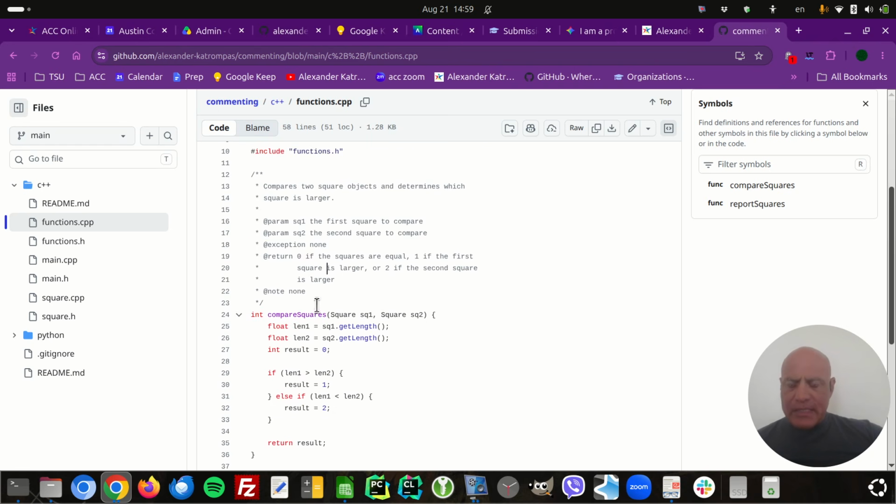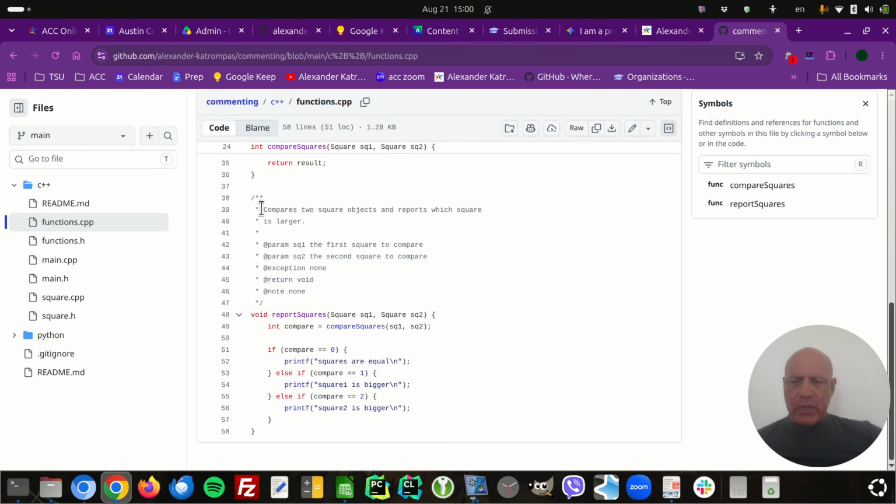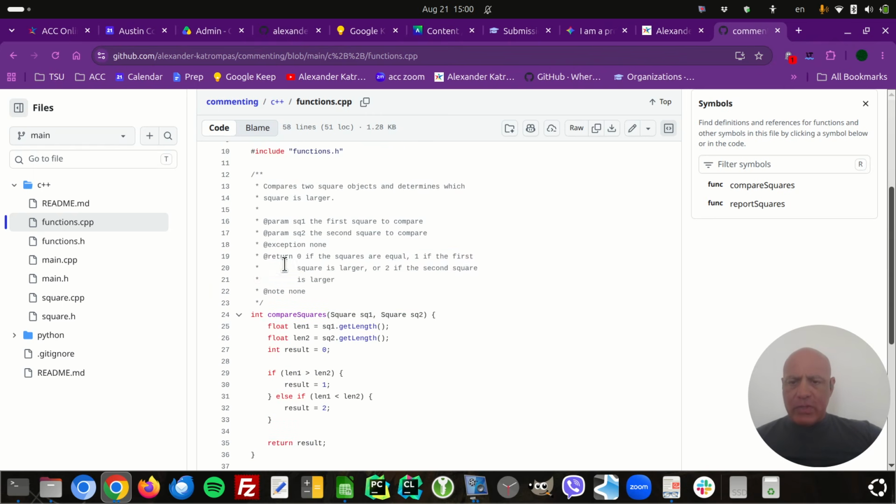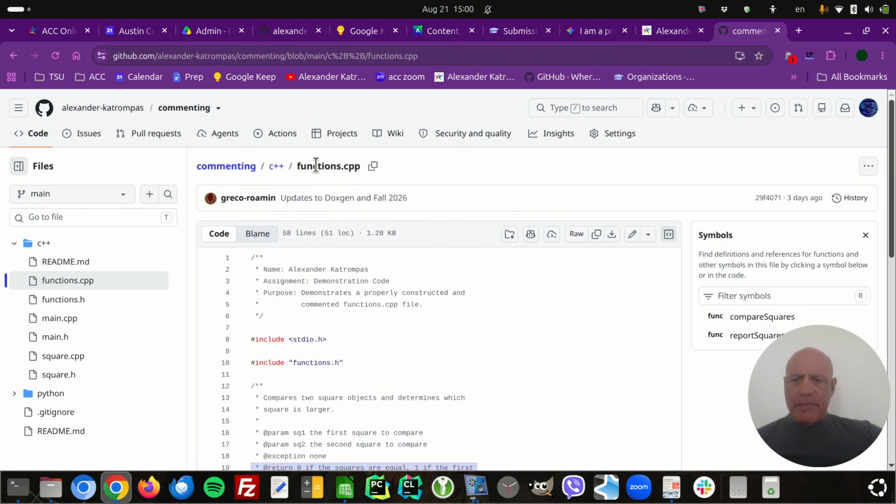And you'll notice the way that these things are set up is it says there's a parameter, it names the parameter, okay? And now you don't need to say what type it is because the type is here. The type is automatically in the function itself. And then it gives a small description, okay? Same thing with return. The return, it says what the return is, and it gives a description of what's going on. All right. Same thing here for this one. So description, parameter one, parameter two, exception, return, and note. So in this case, on this one, the return is void. In this one, the return was an integer of some kind. All right. So that's the functions.